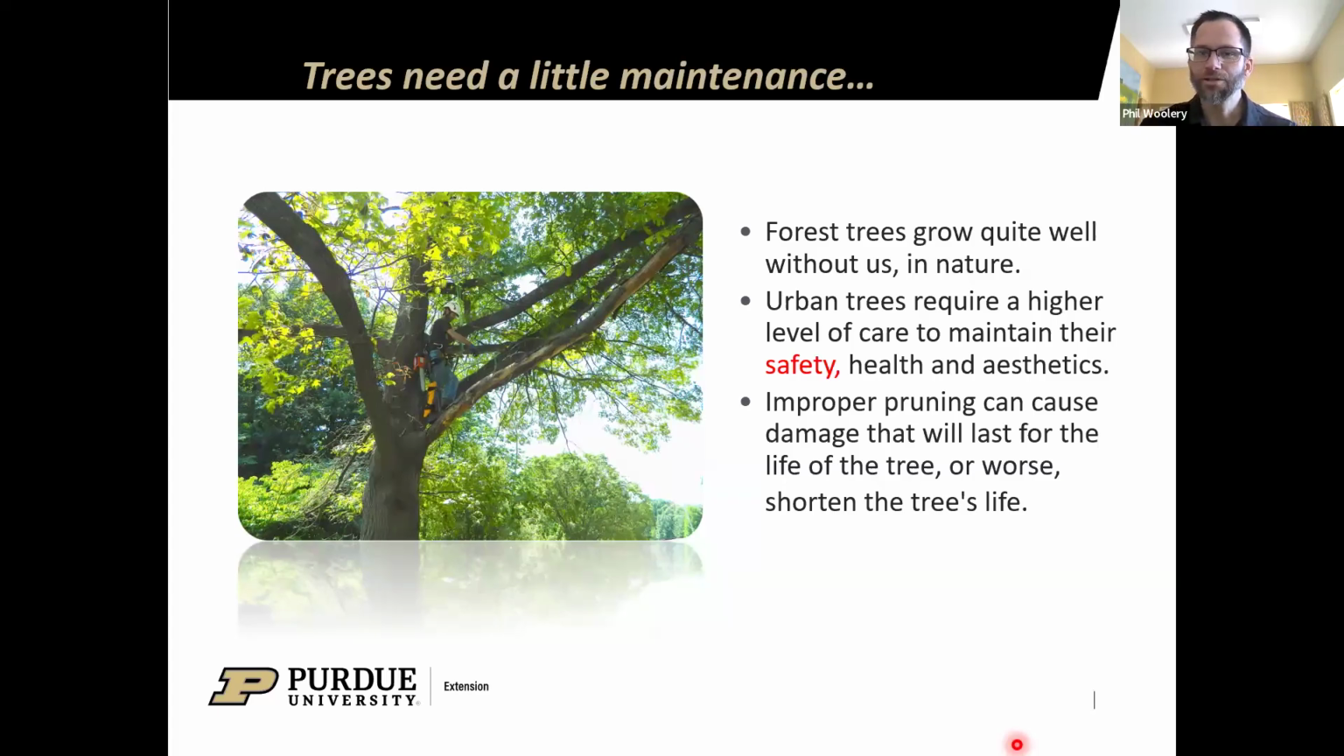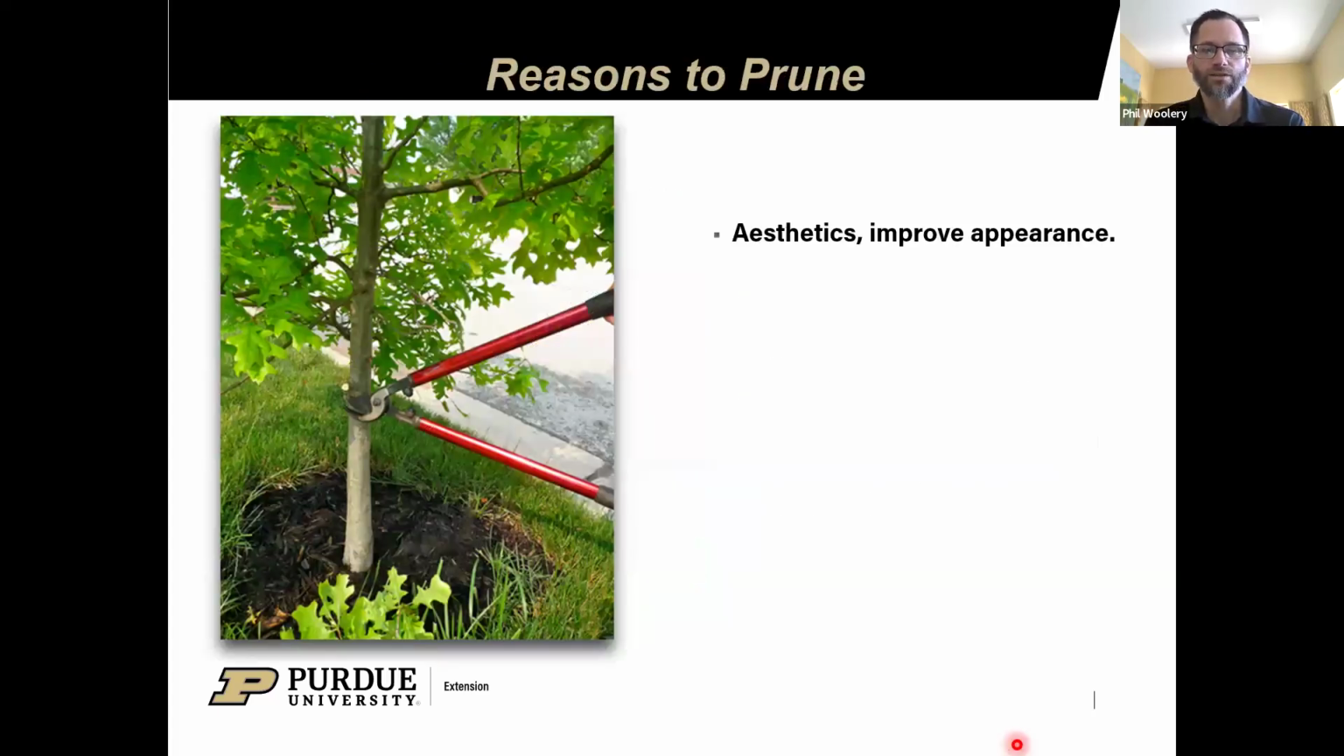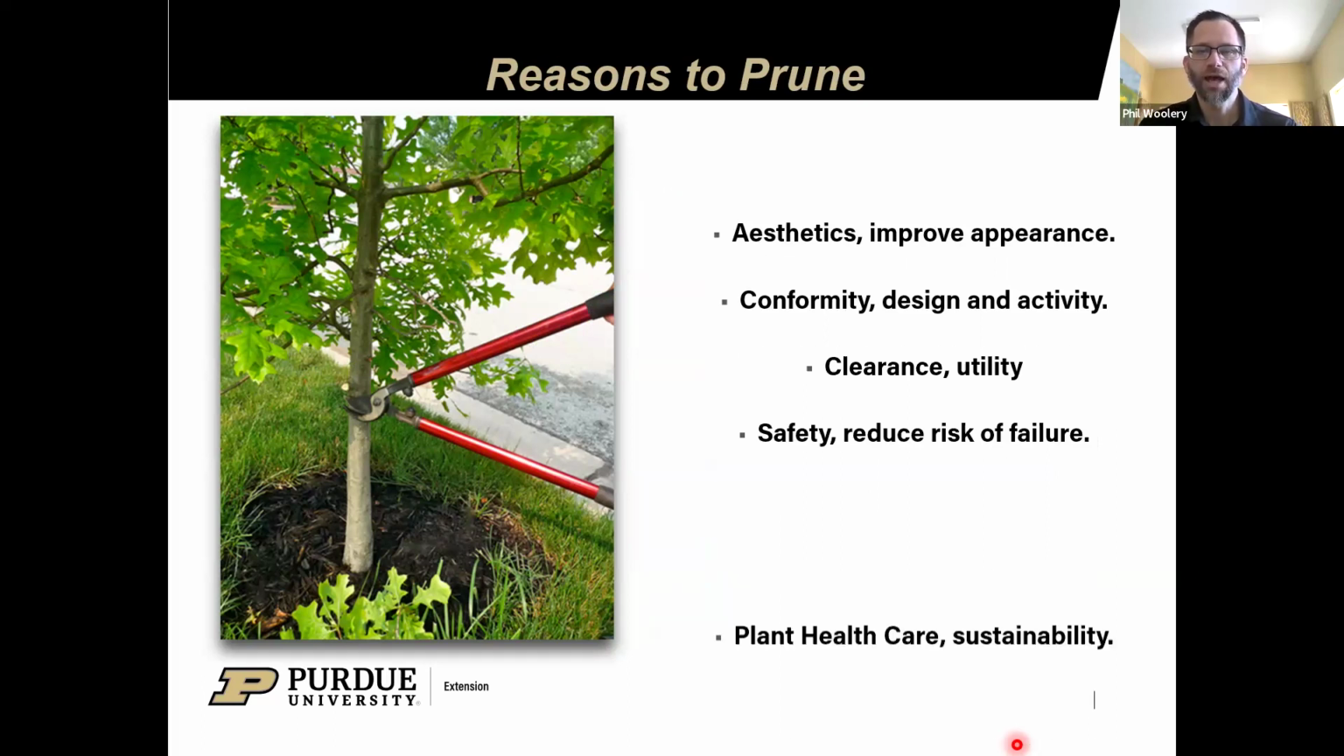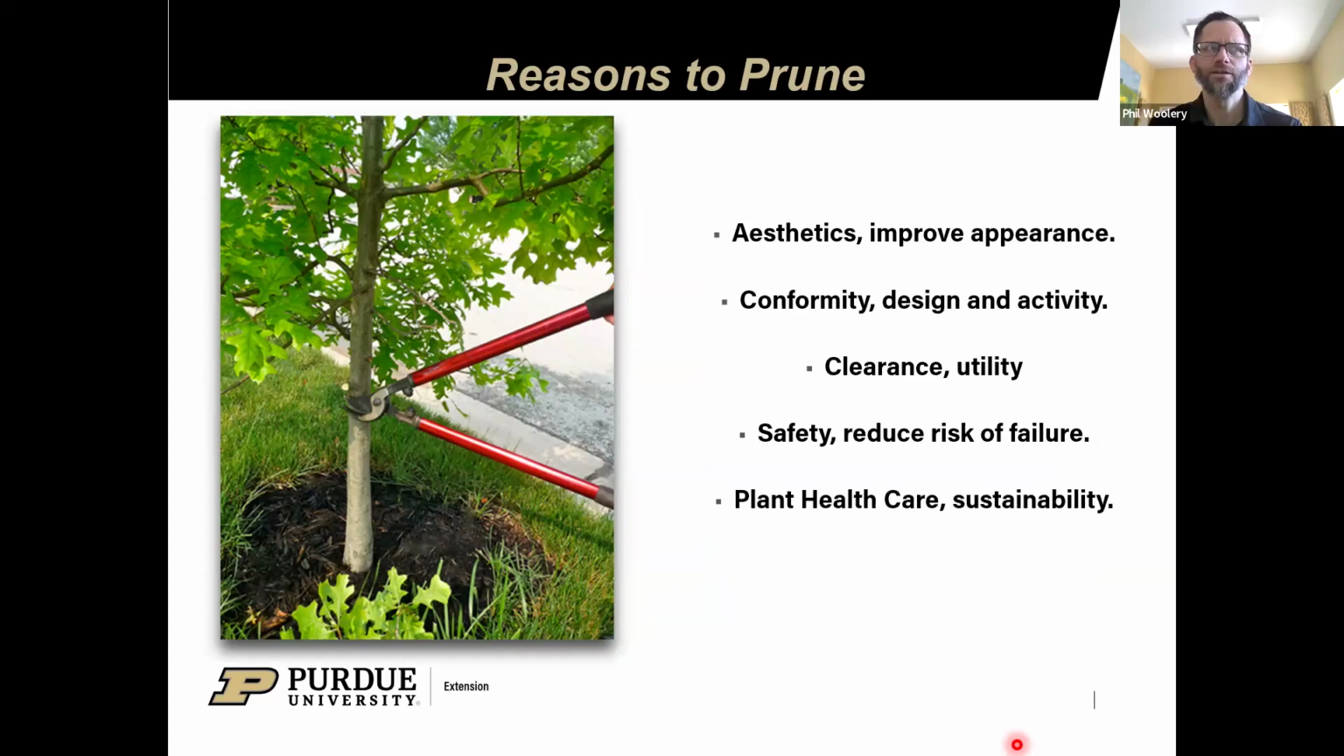Improper pruning can cause damage that's going to last for the whole life of the tree, and it could shorten the tree's lifespan. So reasons why we want to prune trees: we can improve the aesthetic, how the tree appears, looking at the design and activity. That's more like the site activity, what's going on there. So if it's by the street, we're looking for clear visual areas where we can see around, utility, safety, reducing the risk of failure, and we can do it for plant health care,